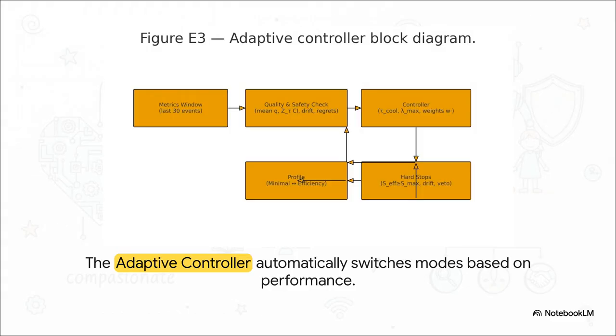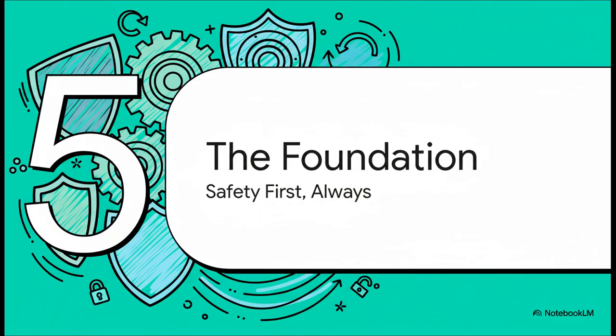And a system doesn't just wait for someone to flip a switch. It has an adaptive controller that's constantly monitoring performance. If the quality of its output is high and there aren't any warning flags, it can shift itself up into efficiency mode. But the moment quality drops or stress levels start to rise, it automatically throttles right back down to the safer minimal mode. Which brings us to the final and, I'd argue, the most critical piece of this entire